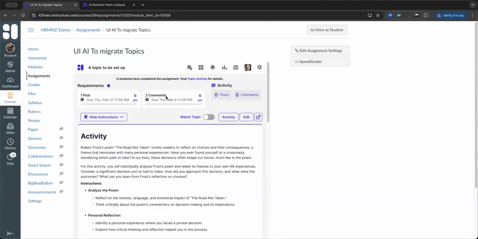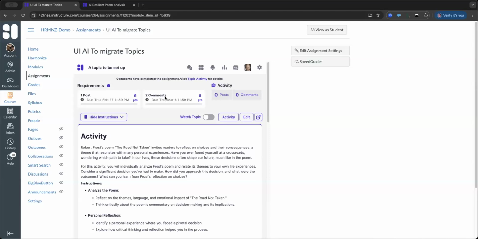So if you're building an assignment, let's call it in private mode, and you want the students to all submit their private work, and you want them to submit two things 4 days apart. First post is your brainstorm, your outline, and your initial thesis statement, and then 5 days later, I want your final paper. And then you want to open that up and say, okay, now we're going to make this more public now that you all have your work in place. And I'm going to ask you, using the multiple due dates,